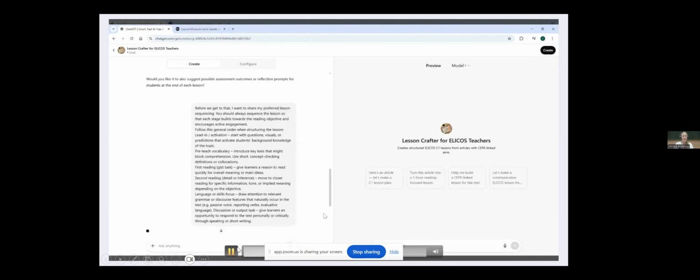So I have shared as much context as I can think of about how I want my personal assistant to behave. So I said, this is how you should sequence a lesson. I want it to build towards the reading objective. I want to start with a lead in. I want you to pre teach the vocab, move to a reading for gist before we read for detail, and so on. So I can go into as much detail as I would like about how I want my